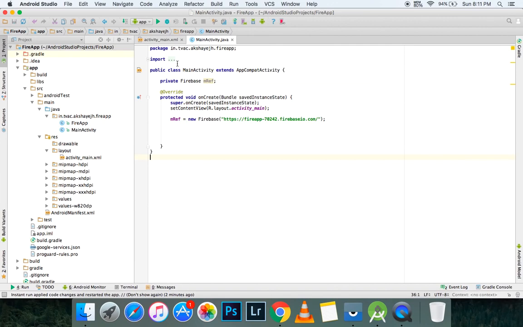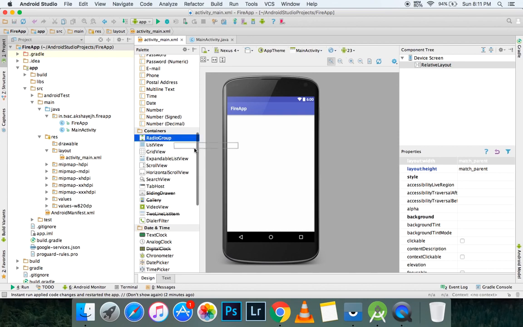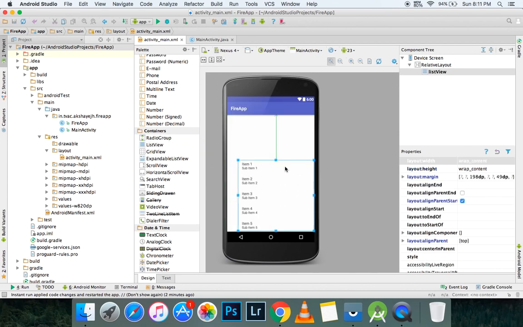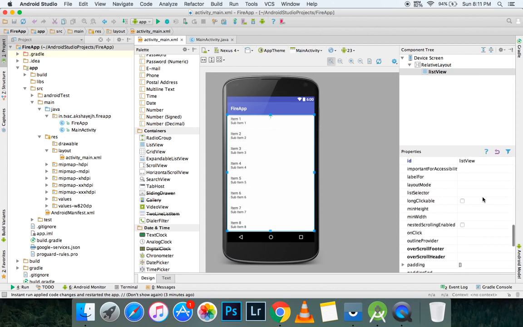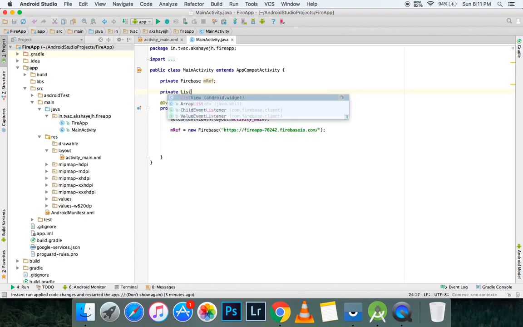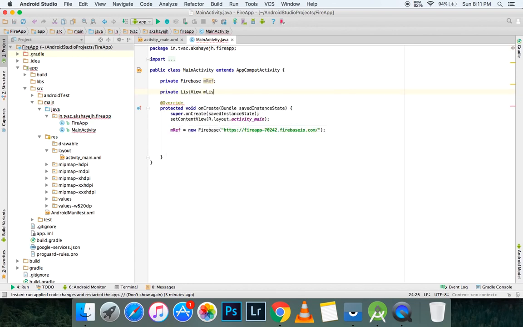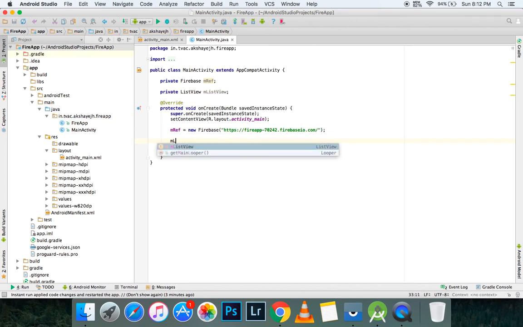So now I'm going to open up my activity main, and let's create a list view first. I'm going to drag and drop, and let's scale it to fit match parent, not wrap content, but match parent. Okay, so our list view is ready, and I'm going to give it an ID of list view, which is already set. Now we can say private ListView mListView. So now we can reference it here. mListView is of type ListView,